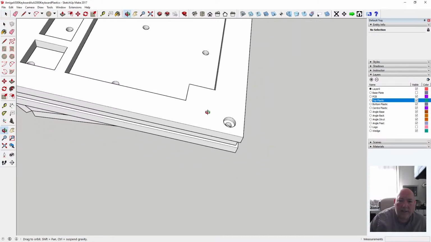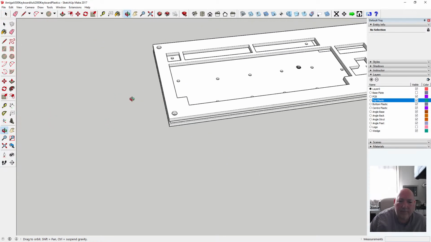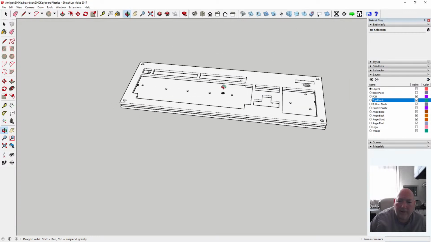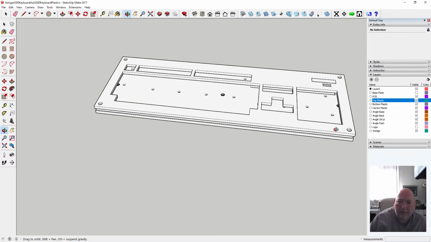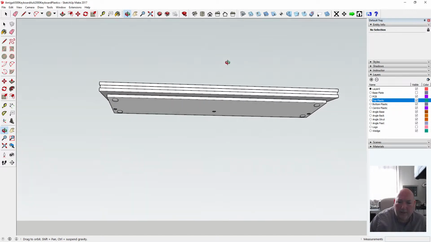Okay, so we've got that. We don't need one there, we just need one in each corner. Although,